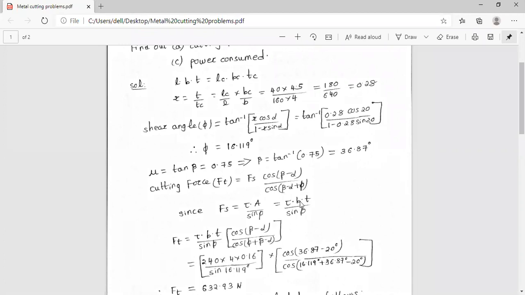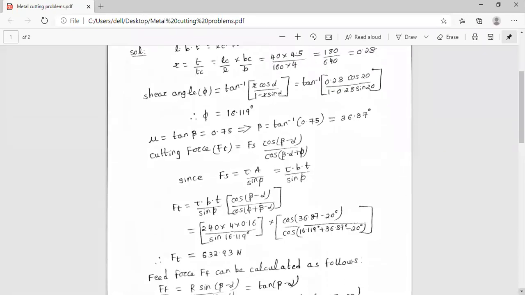You don't take here the particular values of the particular BCTC. If you are taking here BCTC, then you are out. You should not take. Why? Because shear force, before the shear force is acted upon, you have to take the width of the uncut chip and the thickness of the uncut chip. You have to defend your particular thing. Whatever things you are writing, you have to defend the formulas or everything. And first of all, you try to calculate that FT. After calculation of FT in terms of Fs, you are getting.